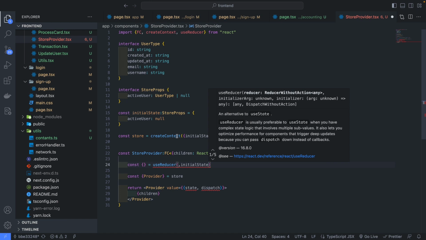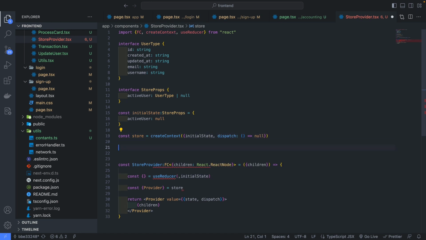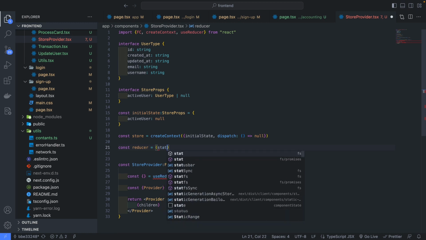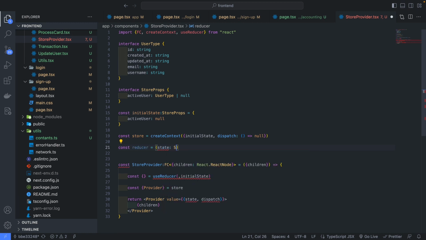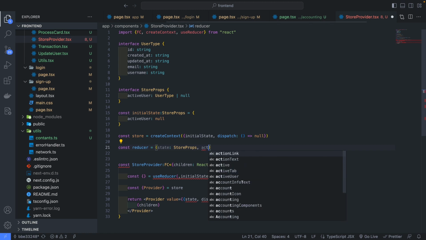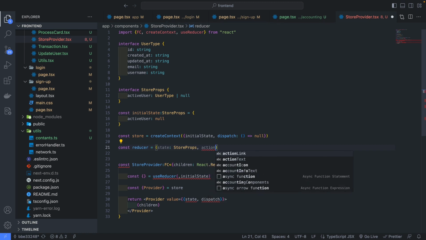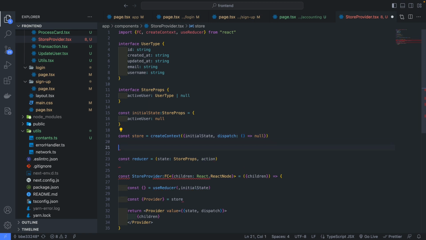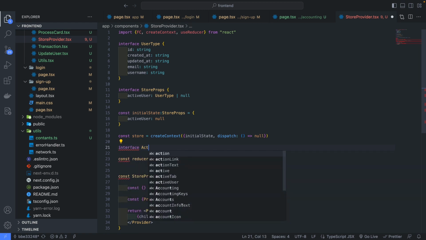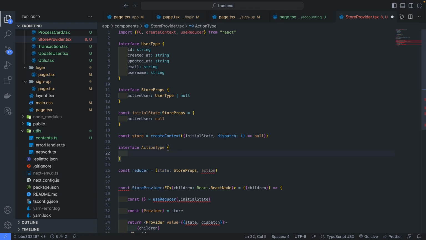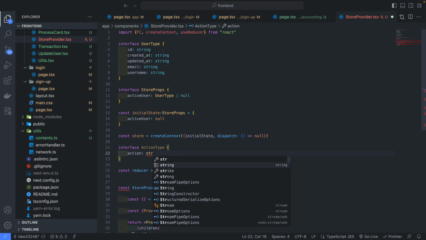Okay. So now let's define the function we want to have for the reducer. Here, a reducer is a function that takes in two parameters: the state, which is going to be our store props, and the action. And the structure for the action we've not defined yet. Let's do that. So I'll call this interface action type. Our action type is going to have an action, which will be of type string, then a payload,